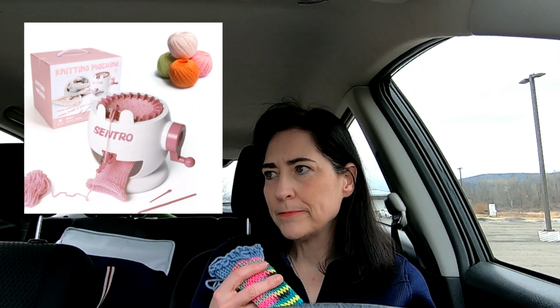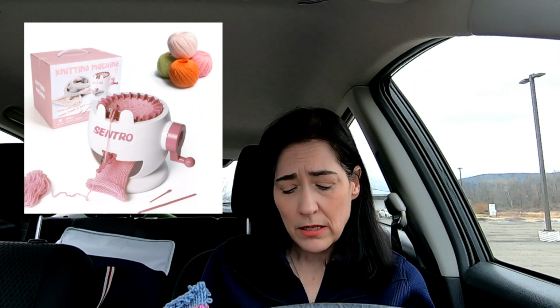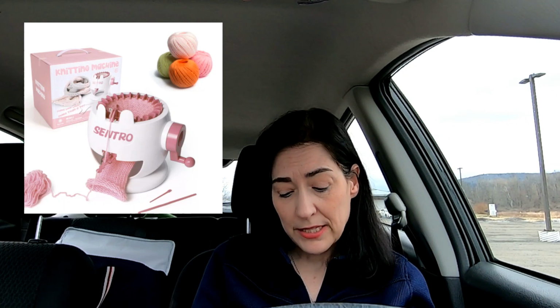Okay, so next thing I wanted to talk about is my new Centro knitting machine. I wanted one for my birthday. It's not my birthday yet. My birthday's not till next week. But my husband got me what I wanted for my birthday, and he wanted me to go ahead and open it up. I don't normally do that, but I did, and so I've been trying it out. Now, I got the Centro 22 needle knitting machine because I just thought, well, I just want to try it out. I don't want to get like the great big thing. I just want to see if it's something that I could see myself getting into. So I tried it out, and